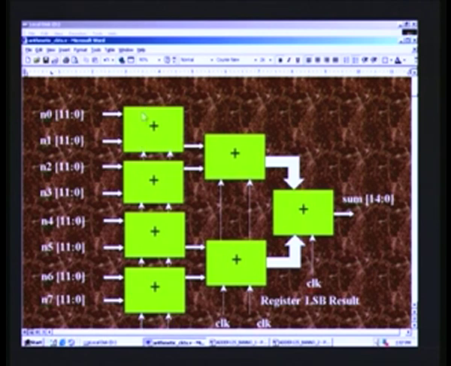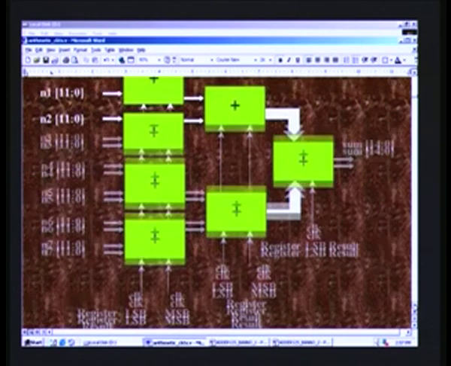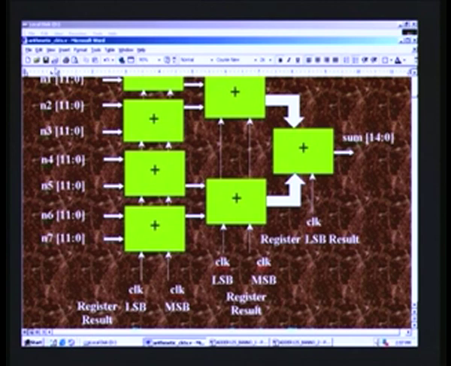That means there is one register inside here as well as here, and this register will add N0 N1 LSB alone here, and register at the first register here when the first clock strikes, and similarly in parallel we will also be adding N2 N3 N4 N5 N6 N7, and with the arrival of the second clock pulse we will be adding the MSB together with the carry generated during the LSB phase. So out comes 4 results here, and we repeat exactly the same thing here by 2 more adders in